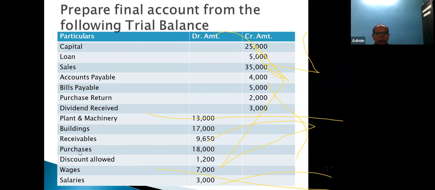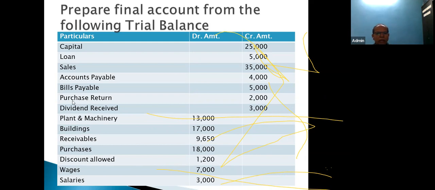So first you write down on the trading account debit side, purchases, in the inner column 18,000. I repeat, first write down on the trading account debit side purchases in the inner column 18,000. Just beside the amount column, do not directly write in the amount column. Just before that amount column, inside, you write 18,000. And from this 18,000,